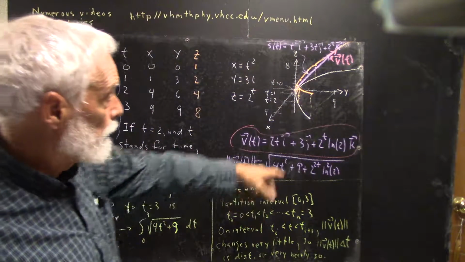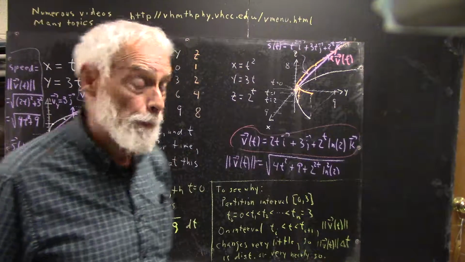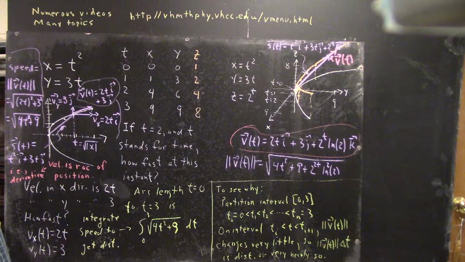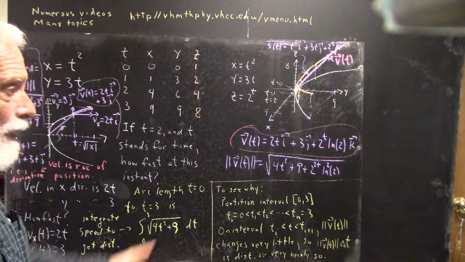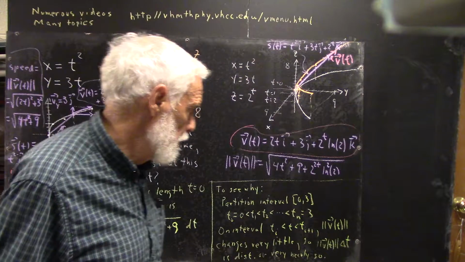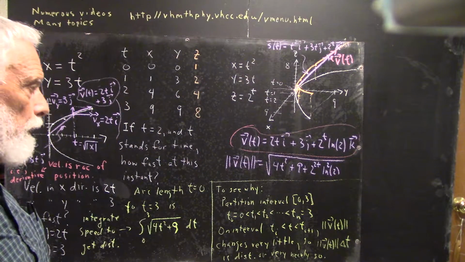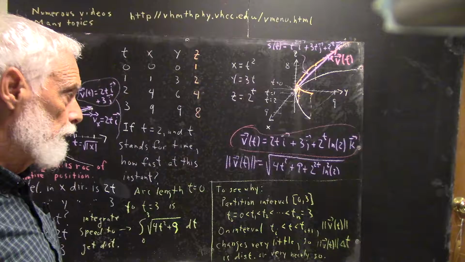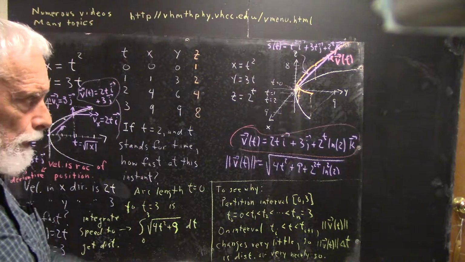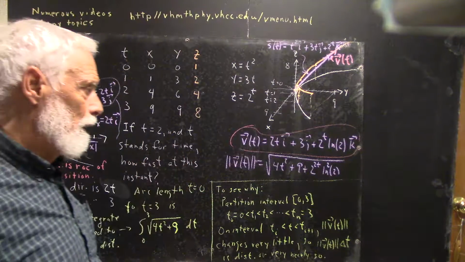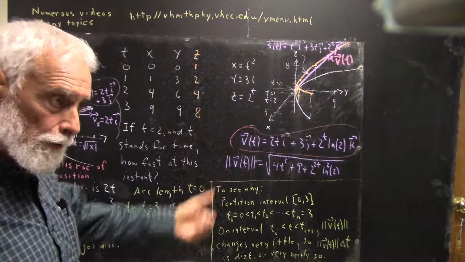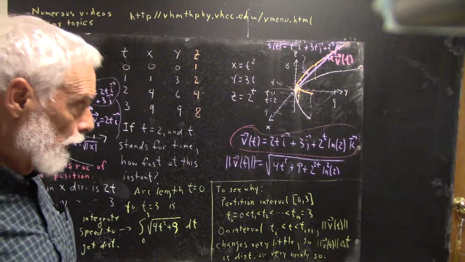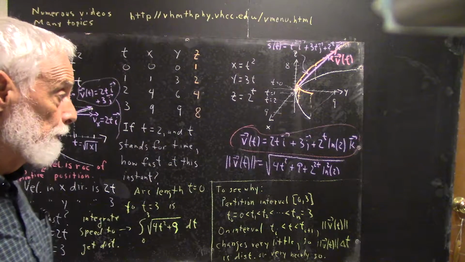And with the k, we just take the derivative of 2 to the t. And the derivative of 2 to the t is what? It's 2 to the t times the natural log of 2. Now, you might be a little fuzzy on that part of calculus, the derivative of an arbitrary exponential function with an arbitrary base, but, you know, 2 to the t is just e to the t natural log of 2,